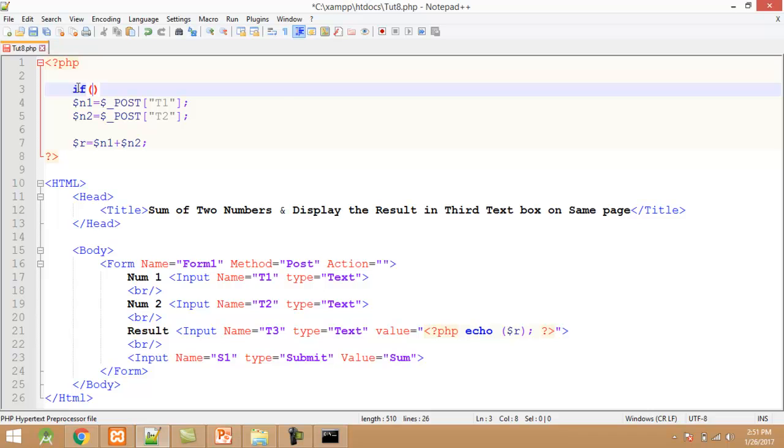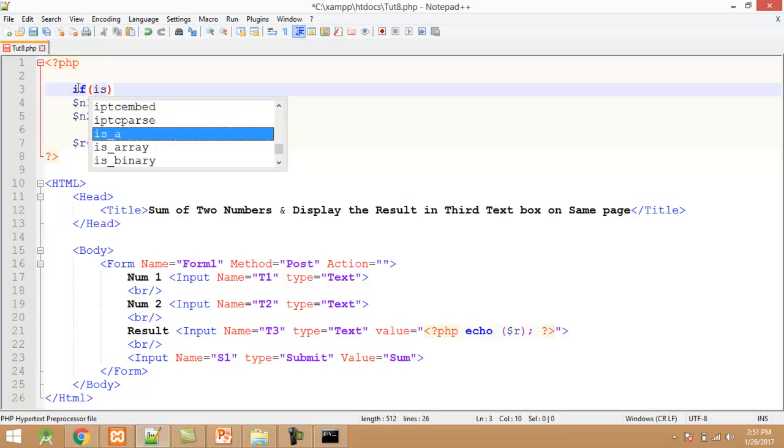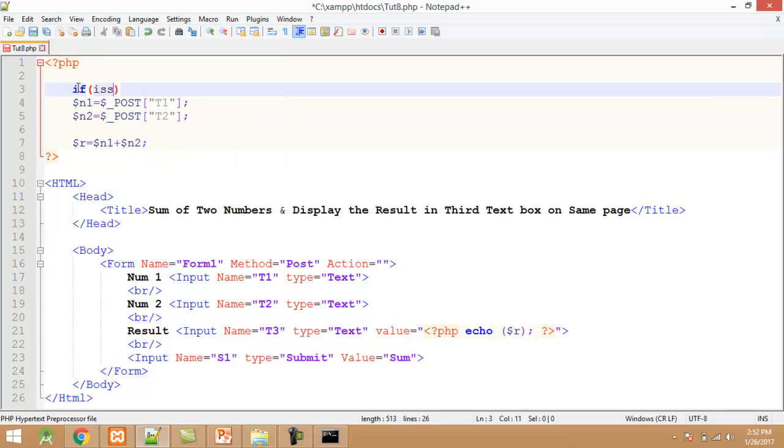Therefore, we first check this code or button with the help of the isset function. isset($_POST). Here I pass the name of the button, which is S1. You can see the button name is S1.